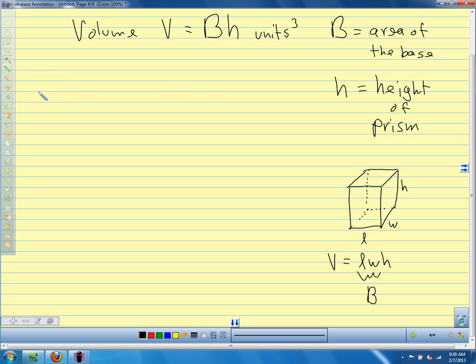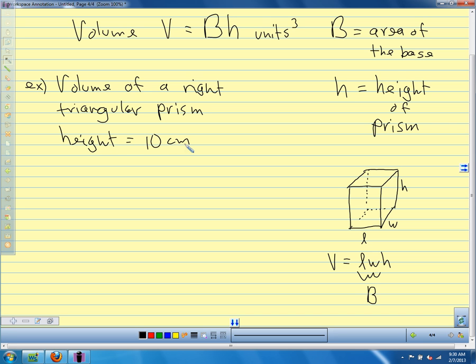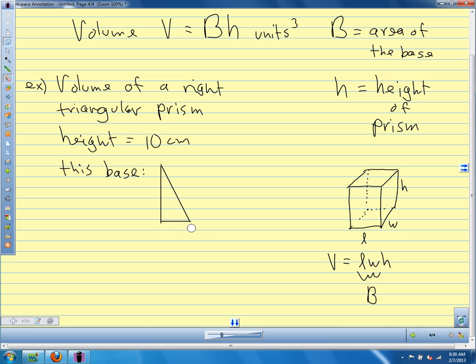All right, let's look at an example calculating with this, and then we'll go back to the surface area formula quickly and talk about where it comes from. So we want the volume of a right triangular prism where the height is 10 centimeters, and we're going to use the same base as before. So we found the surface area of a prism that was kind of like this, but this one's going to have the same base. So we have 5 centimeters, we have 3 centimeters, and 2.5 centimeters. So we want to find the volume, and this is a right